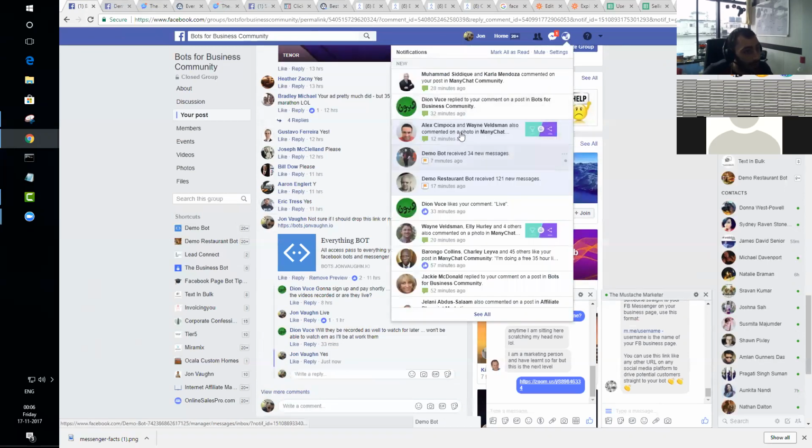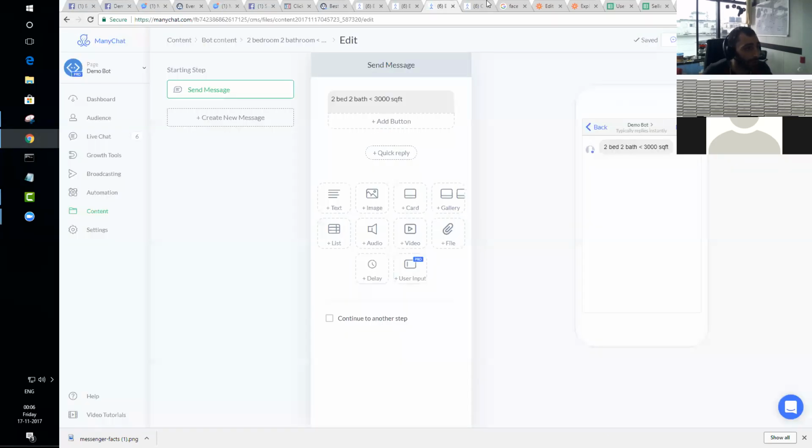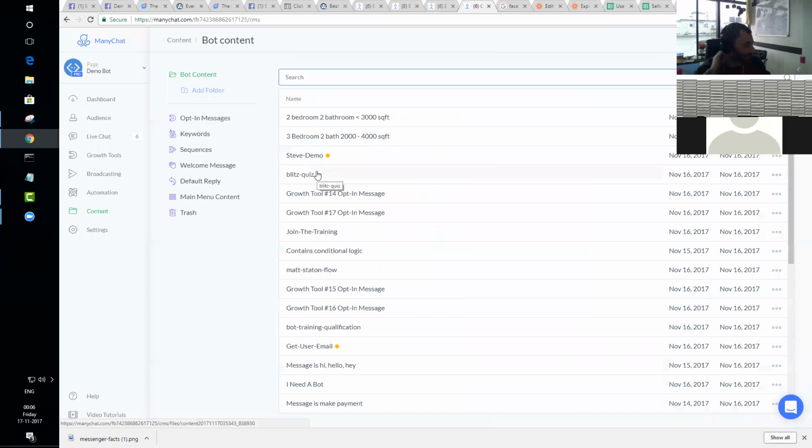I love it. I love it myself. It's a really great tool. So I love MiniChat myself, man. I'm an engineer, and we've built so many complex